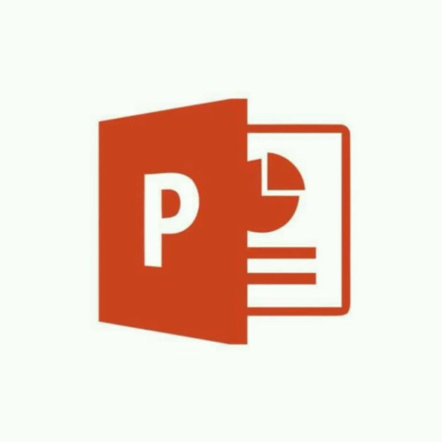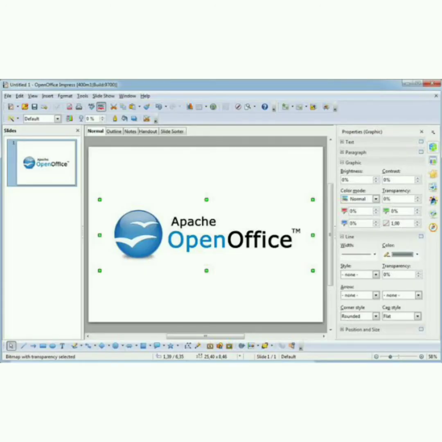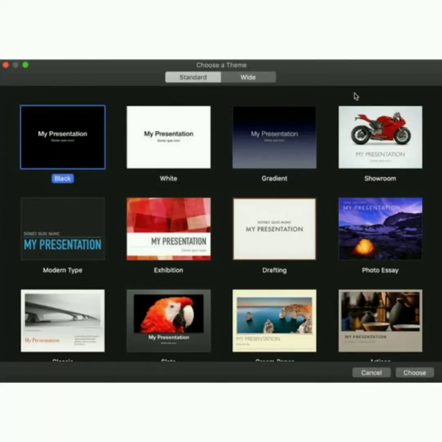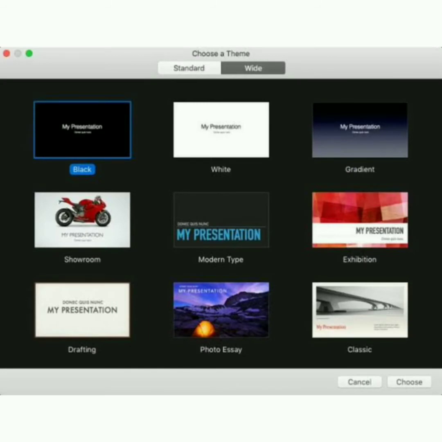Some of the packages for presentation, apart from Microsoft PowerPoint, are available in the market. Apache OpenOffice Impress is an example, and the next one is Keynote, which is also example software for presentation.